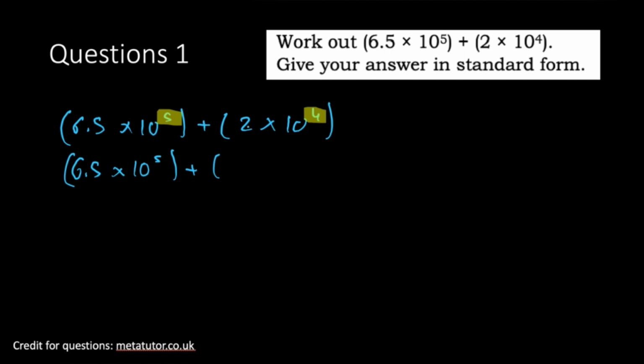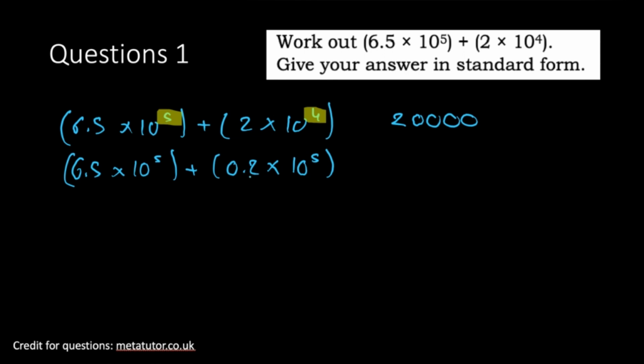and then I will divide 2 by 10, which will give you 0.2, and then carry over the 10 that I've used to divide 2 by to the power, and that will give you 10 to the power of 5. Because 2 is 10 times smaller, you have to increase the power of 10 by 1. 2 times 10 to the power of 4 is